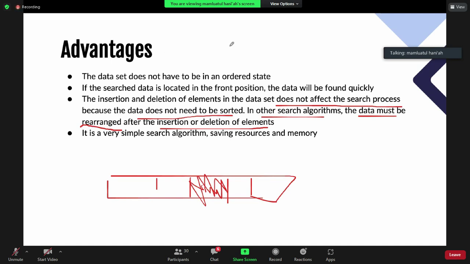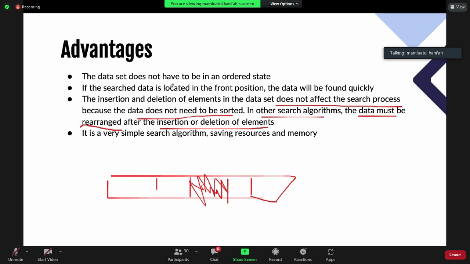So maybe 2 weeks from now, you will study about linked list, and you will study about how we insert some data in your linked list, how we can delete data like that.